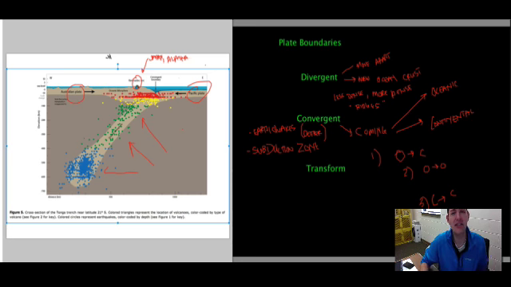Again, we've got trenches here where we see those trenches. We see that next to those islands, we've got all of these volcanoes. Again, we are melting part of this oceanic that comes over, that comes up. It forms these islands, and those are all volcanic islands. Okay, so very, very similar things to what we see on convergent boundaries, but instead we're just dealing with ocean